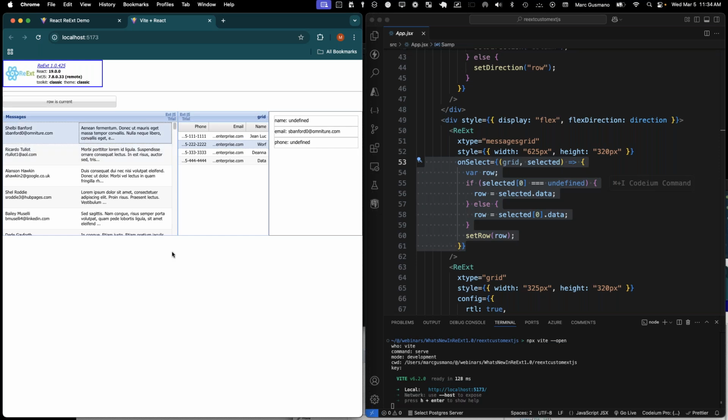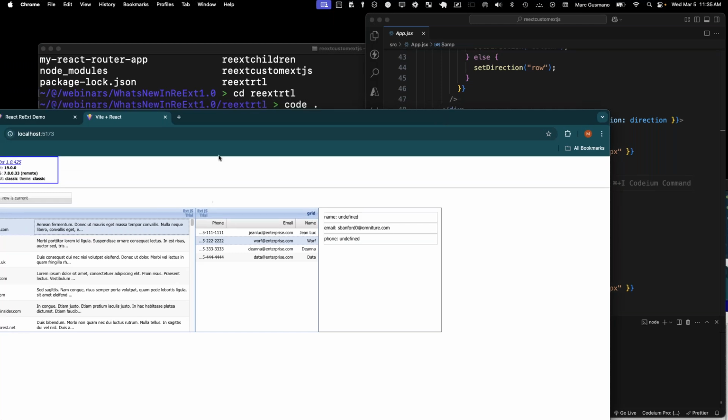This, to me, is a very powerful way to not have to rewrite your application, to bring you into the world of ReExt, and to take advantage of all of that custom component code that you may have built up. The end result is that you're able to move forward, not from start, but from the aspect of utilizing those custom components within your React Ext application. All right, so